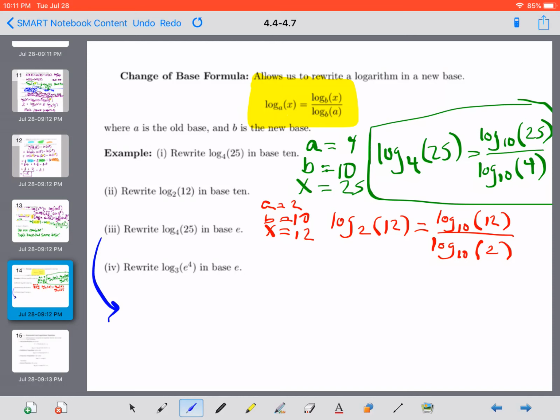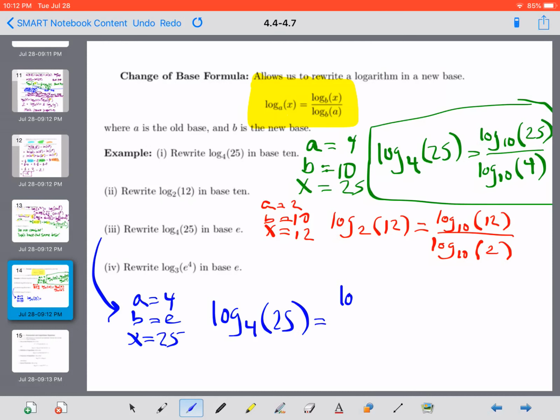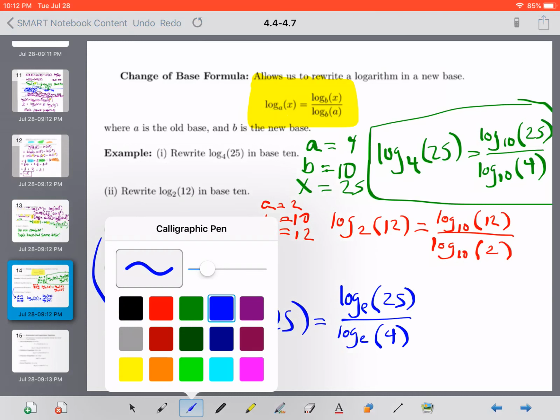For number 3, we have that our old base, a, is 4. Our new base that we want to write it in is base e. And our inside term is 25. So this says that log base 4 of 25 is going to be equal to log base e of 25 over log base e of the old base, 4. Okay? And finally, for number 4,